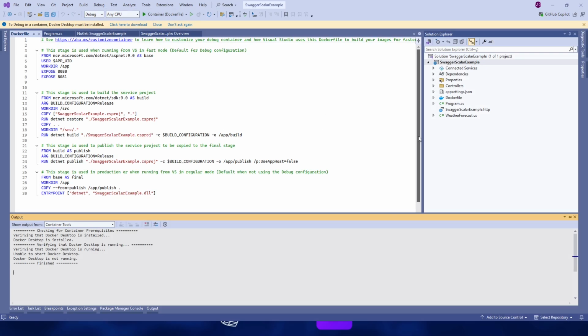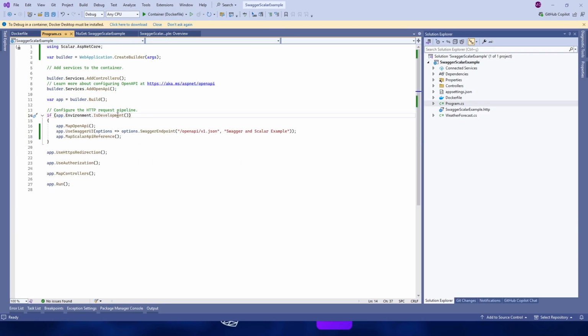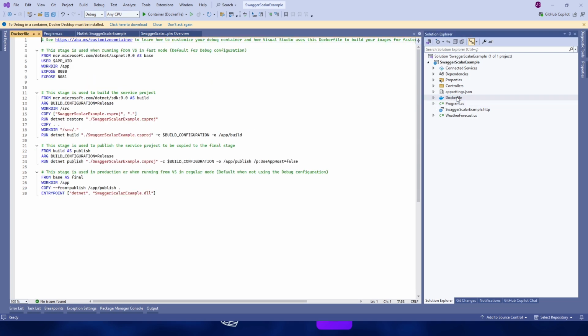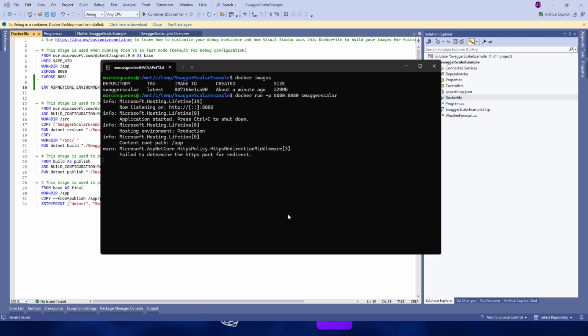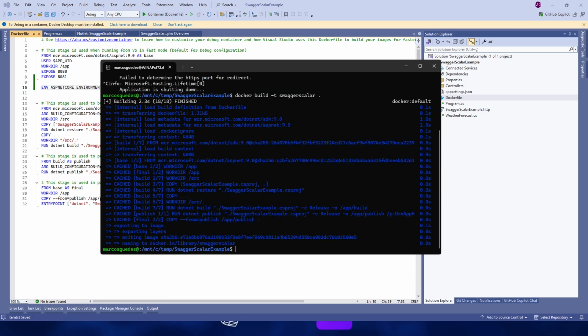In the Program.cs file, we can comment out this condition, or in the Dockerfile, we can add the environment variable to make our application run in development mode: ENV ASPNETCORE_ENVIRONMENT=Development. Let's create a new image and execute our image again.